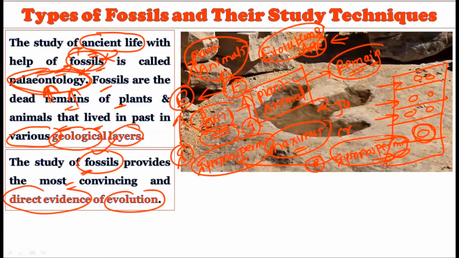Now this is very, very important, because we do not find direct evidence of evolution in many categories. Many times when we study evolutionary biology, we tend to lack support from natural sources or any other non-biological source, because these do not provide any reliable resource to study evolution. But the fossils are the most convincing and direct evidence of evolution, because they are providing the direct evidence.